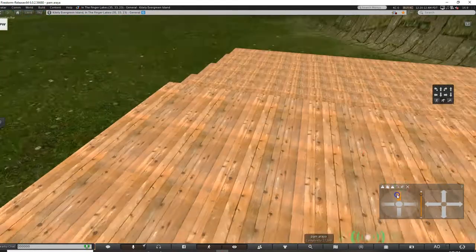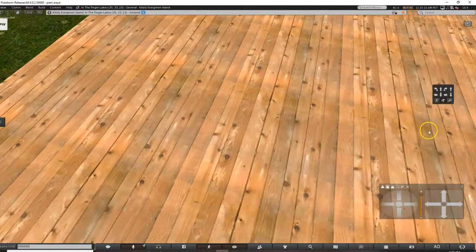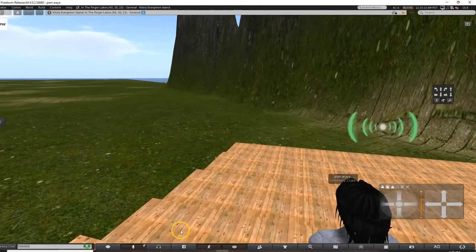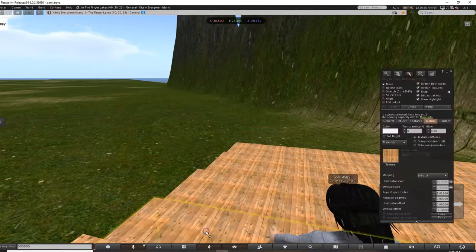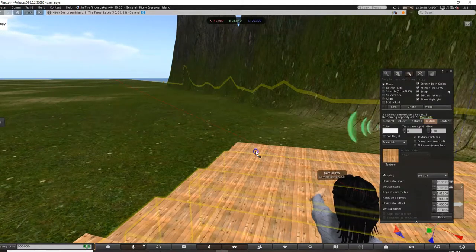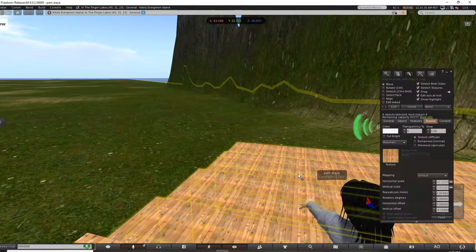Not sure why. I should be able to. Okay, so shift and select, and shift and select, and shift and select. And just making sure I did grab everything.